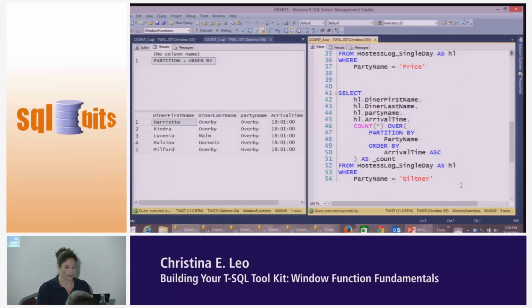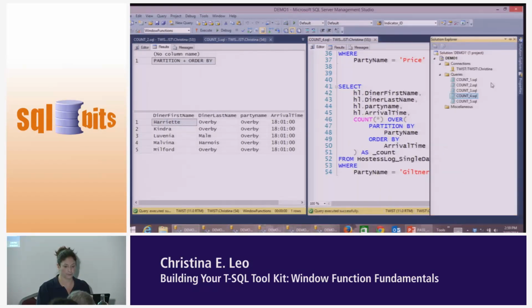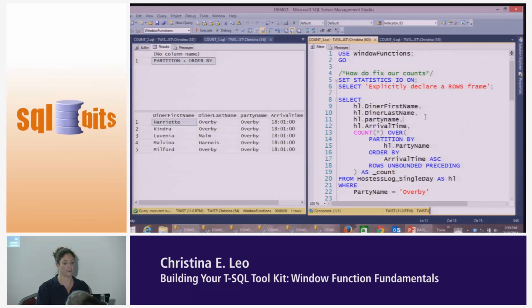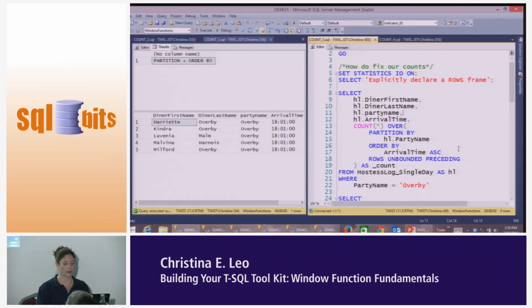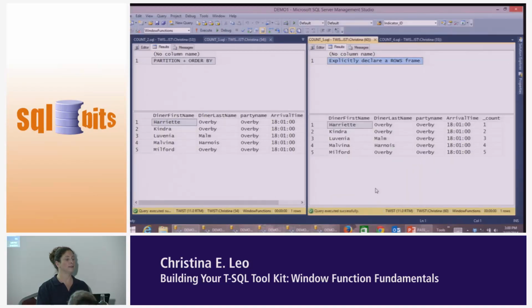So the other way to solve the problem is to explicitly declare a rows frame. And in this case, I've used the short syntax. I said, don't use range, use rows, and I want you to go between the current row and everybody before me. So I can type that just as rows unbounded preceding. And then, all of a sudden, I get the same 1, 2, 3, 4, 5 that I got when I